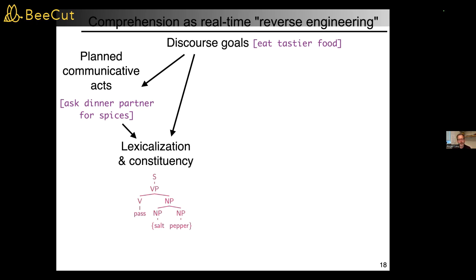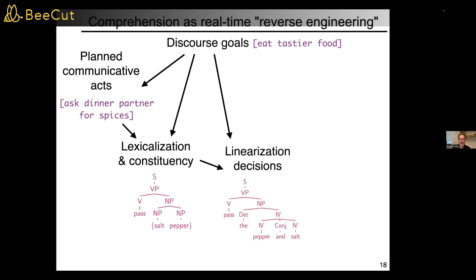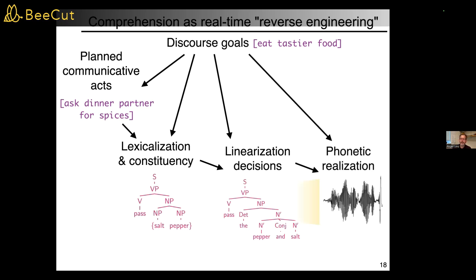Then I choose some words that I would use to communicate. I maybe have to do additional work like figuring out the linear order in which I communicate. And then I turn that into something that goes through a communicative channel, spoken language or signed language, depending on the linguistic context and the language that's shared by the interlocutors. So that's the generative process, okay? And so the arrows go forward from higher level processes to lower level, closer and closer until actual language is produced and carried through a communicative channel to the comprehender.